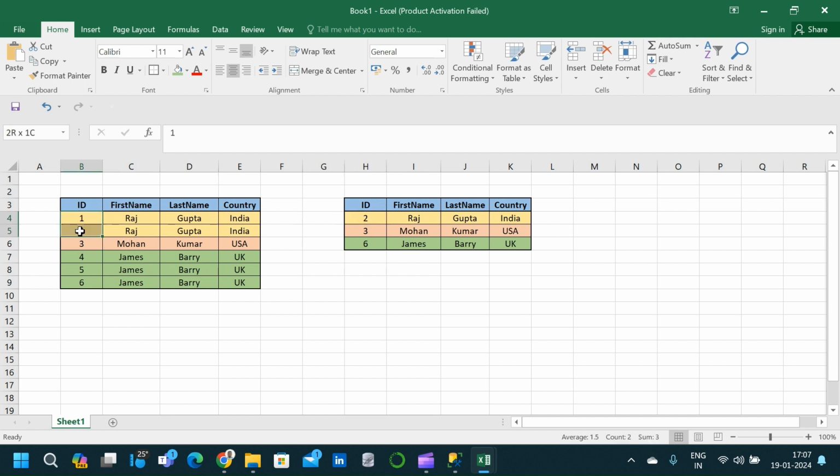That is the maximum ID corresponding to that record. And when we come to James Barry UK, which is repeating 3 times, we can see that 6 is the ID which is required in our output. So this is the ID or the record we are looking for in the output. So we have to modify our query in such a way that we want the maximum ID for that particular record